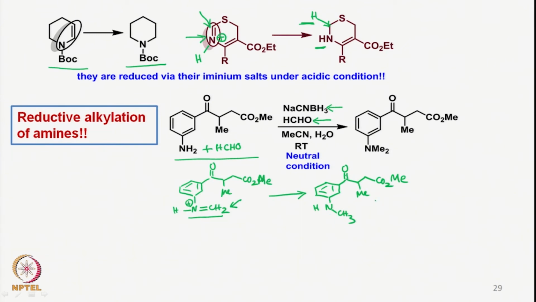Now if we continue the reaction, the secondary amine also will undergo condensation and form this type of CH3, and here you have a double bond CH2 positive charge. So the second condensation occurs of the secondary amine here, and again the reduction takes place at this center with sodium cyanoborohydride here, leading to the formation